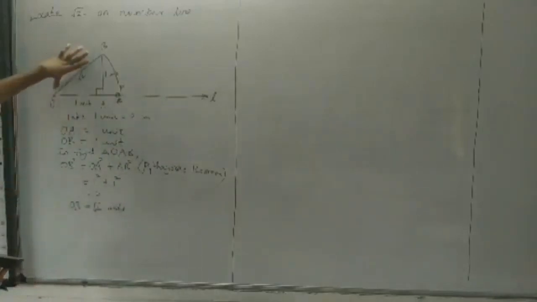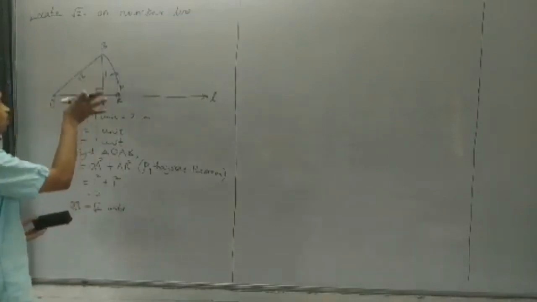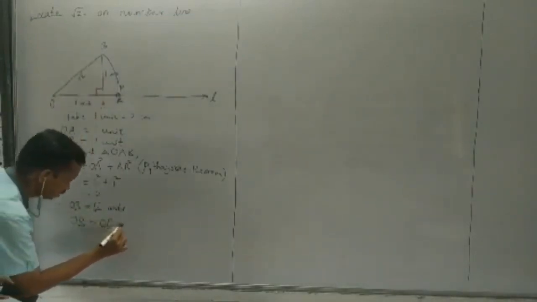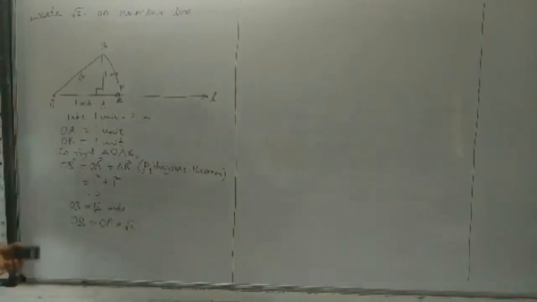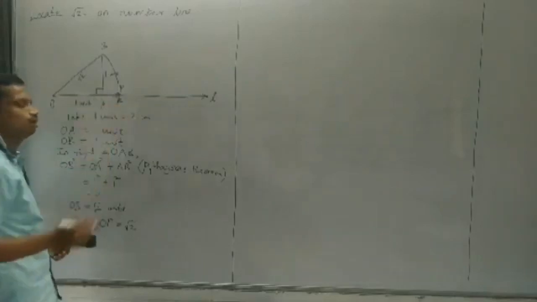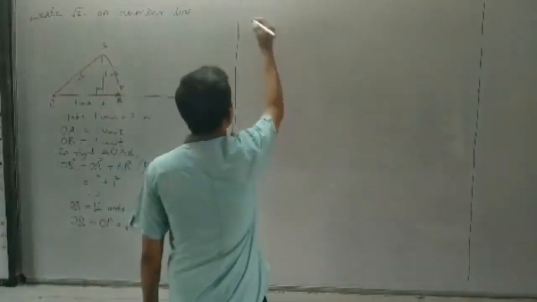OB equal to OP, both are equal. That is root 2 units. So on this number line, this point P is the location of root 2. And now coming to locate